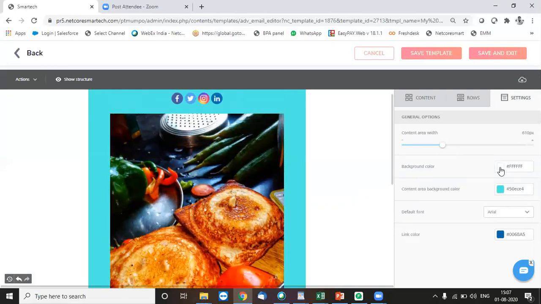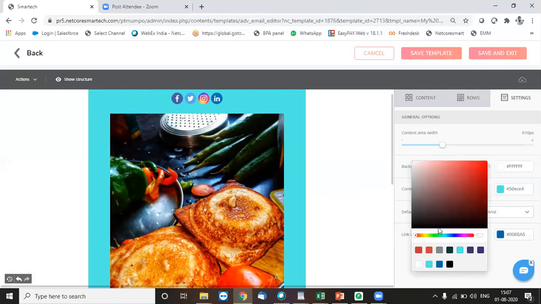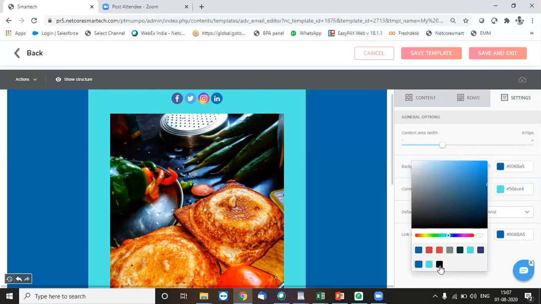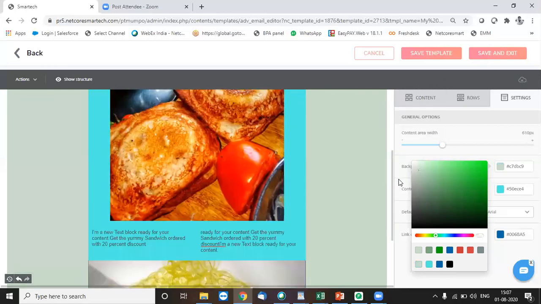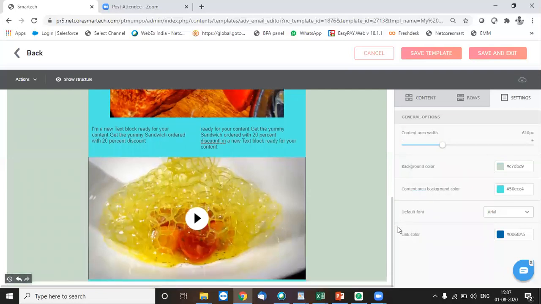And also if you want to put any background color to it, you can put that as well. And click on save and exit from this.